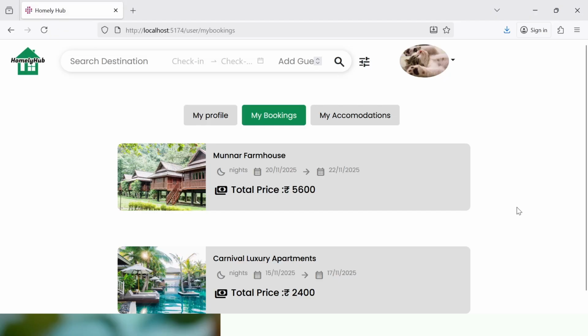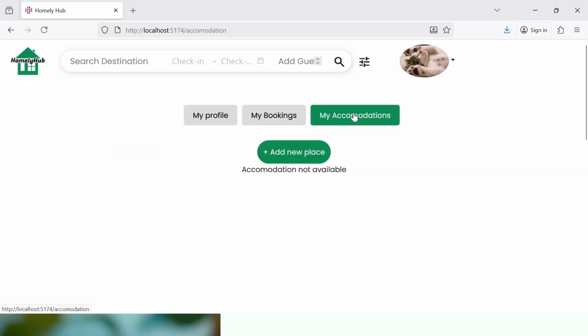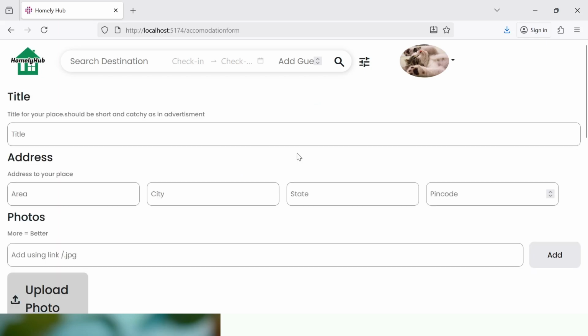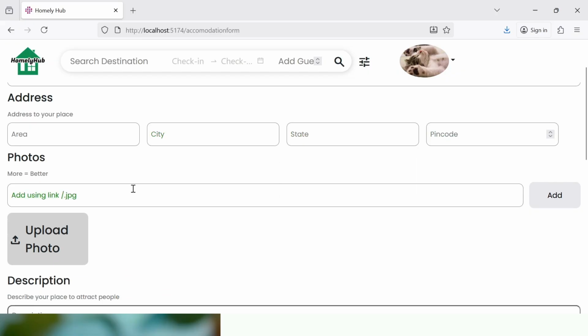Next, I will show how my accommodation section works. This is where the property owner or host can add details about their place to list on the platform. So after clicking on it, we can add new place. So first we have a title field. We can enter the title about the property, and then we have address of area, city, state, and pin code can be mentioned here. Also, we can upload photos